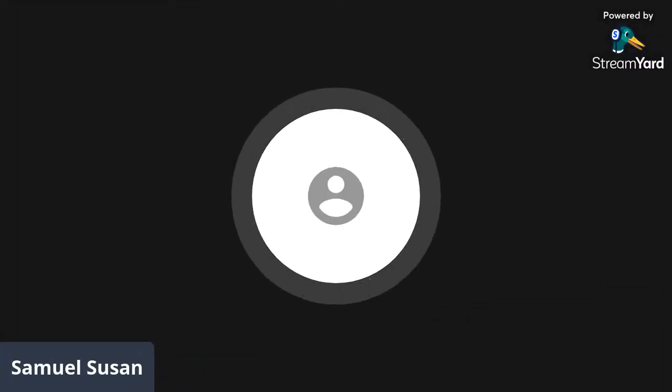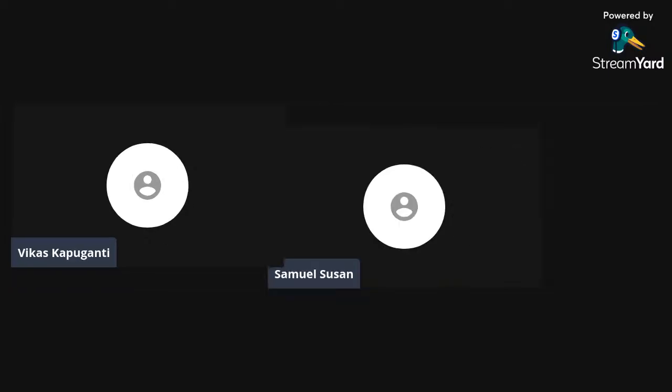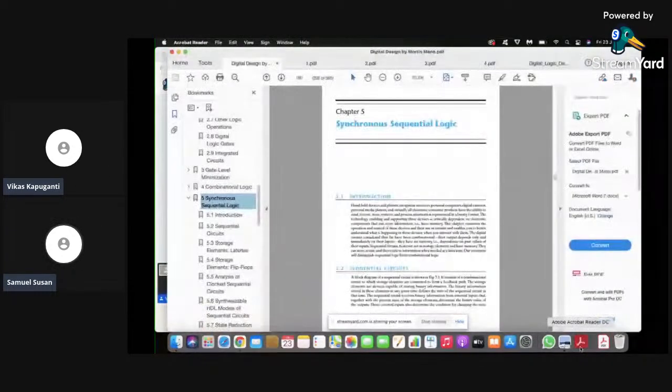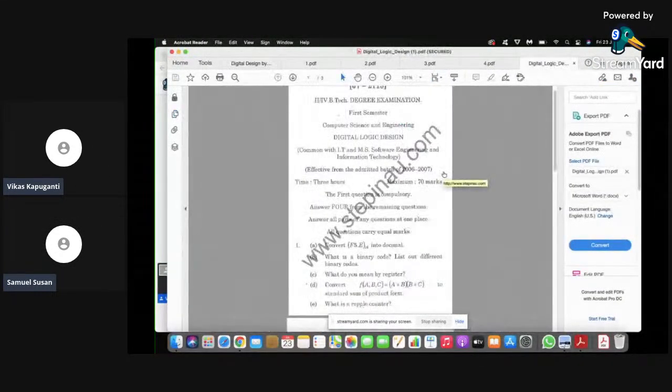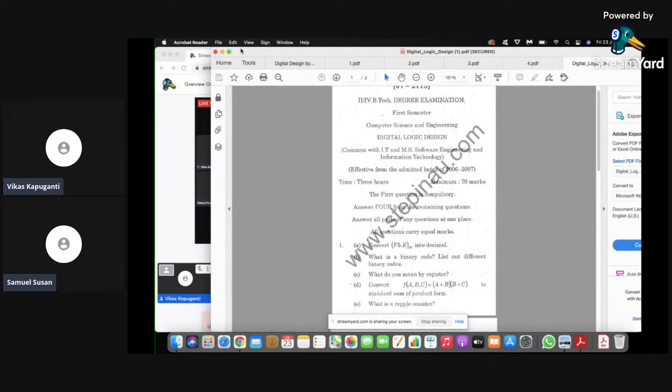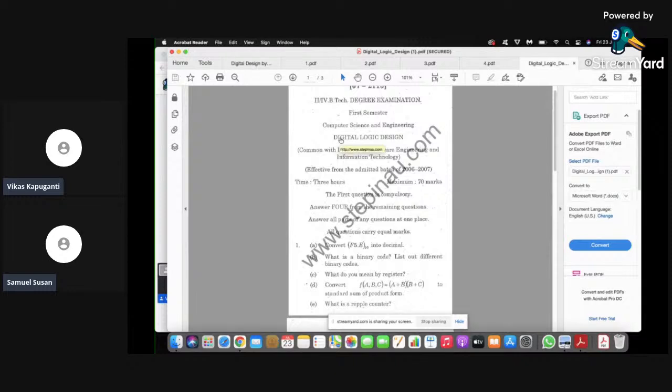I can start with the first chapter, and there is one question paper, which is a model paper. Can I show that question paper on the screen? So in this question paper, you can see that this is the old question paper. Here in the first question,